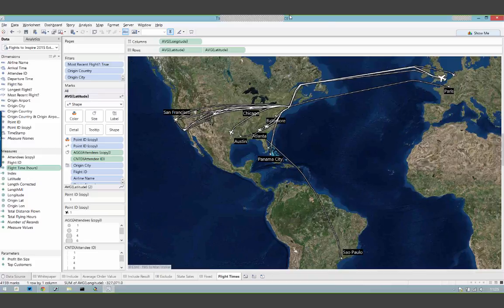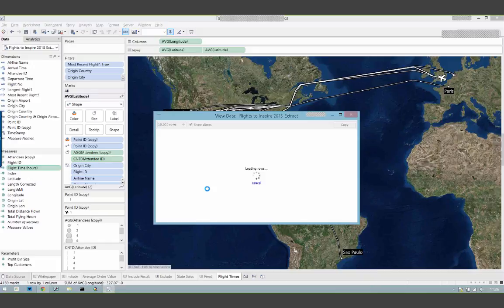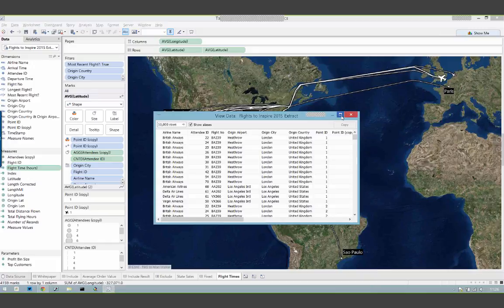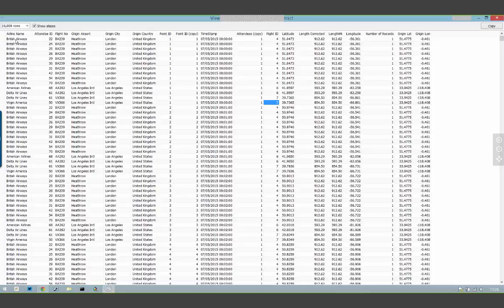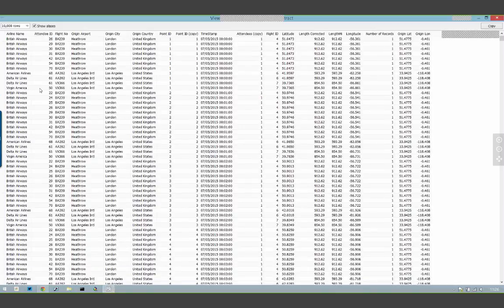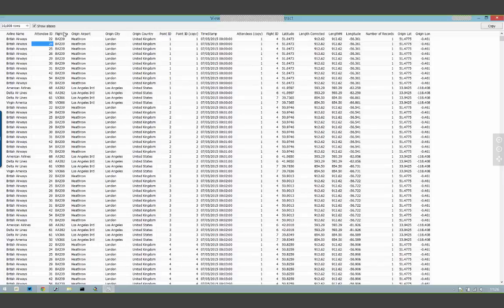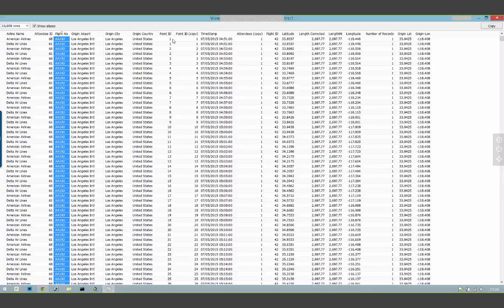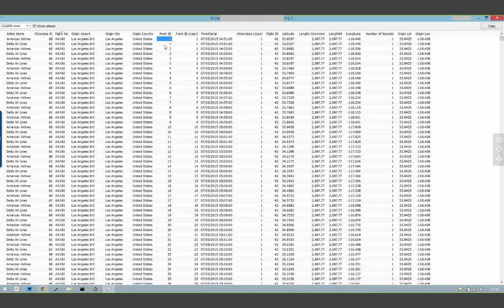Yeah, Craig, could you just real quickly show the underlying detail or underlying data associated with this view as well? Yeah, of course. So we have a bunch of attendees that come through, but then let's see if I maybe sort by flight. You can see some flights have 2 attendees on, but it's essentially 1 point with a latitude longitude against it for each point along that path of the line.